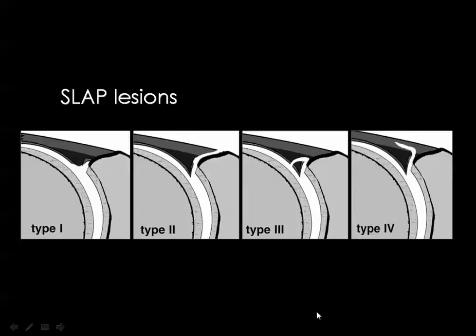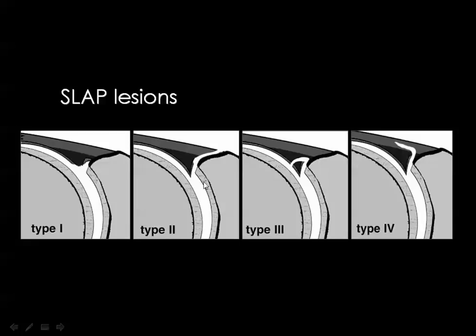Then these are the types. Type 1 means that you got some abnormality within the superior labrum or at its base, but this abnormality is extremely limited to the triangle of the superior labrum. Type 2 means that the base of the superior labrum has separated from the glenoid part